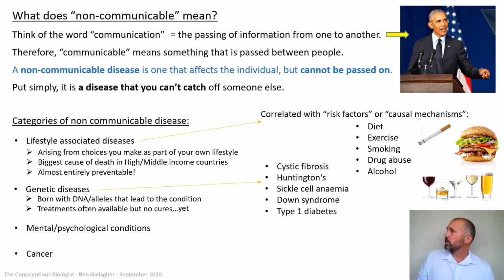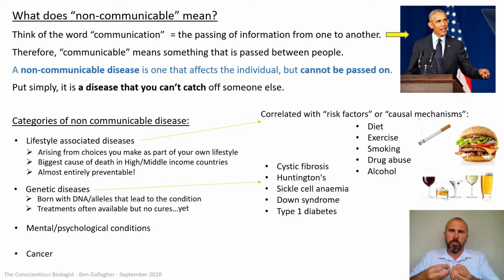So a lot of these should be familiar to you. So cystic fibrosis was one that we talked through in the genetics lessons about genetic conditions. Cystic fibrosis, where you build up too much mucus in your lungs. It's a problem with membranes, for shifting things through the membrane. So mucus can build up, it can affect the digestive system, the reproductive systems, and that's genetic. You're born with that. Same with Huntington's is another condition, sickle cell anemia. You don't need to specifically know all of these. I'm just giving you examples that you may have heard of. Down syndrome, you're probably all familiar and seen people with Down syndrome. That interesting is where they've got a whole extra chromosome that creates Down syndrome, but you're born with it. It can't be changed.